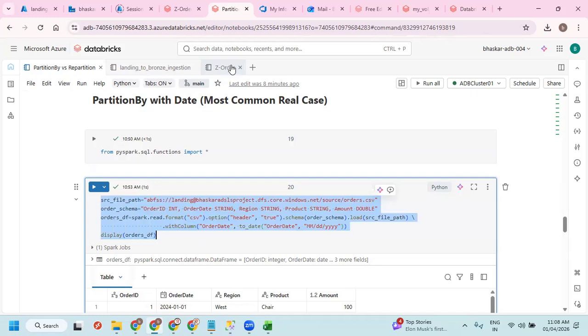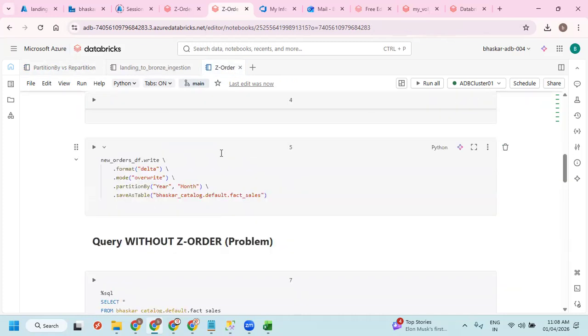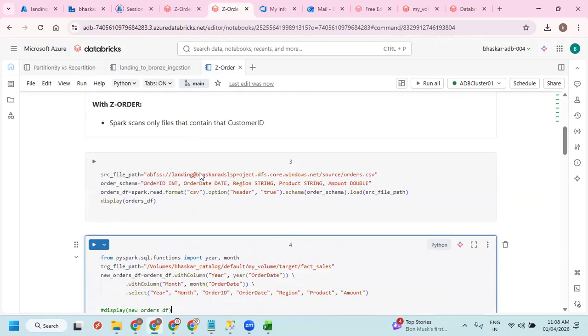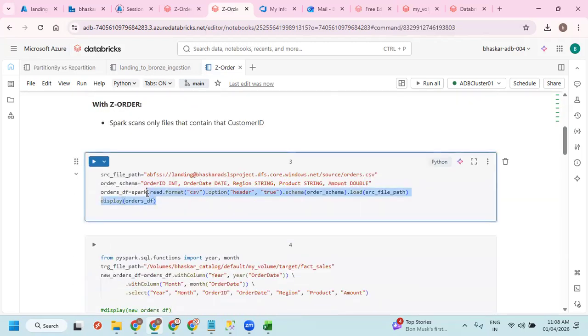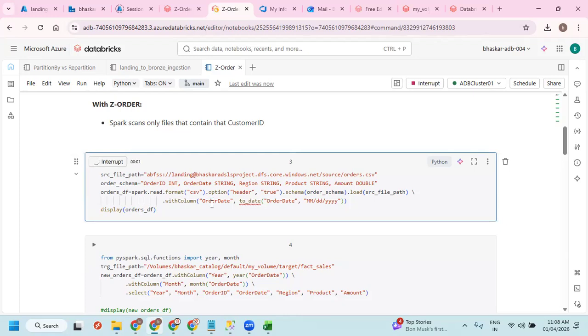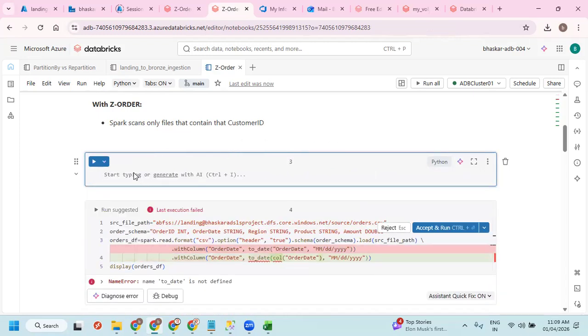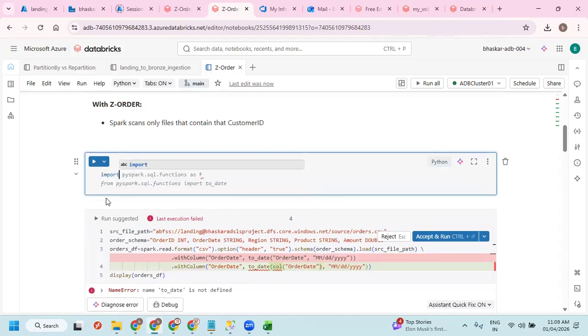Let's take this entire thing. Let me run it. Okay, so we have to import that. Now, every time you're writing this one, right? This is also a problem.